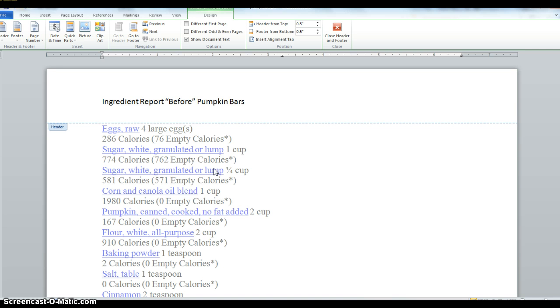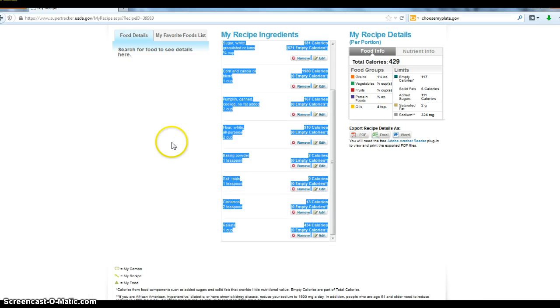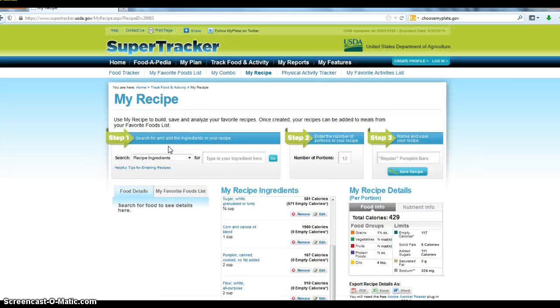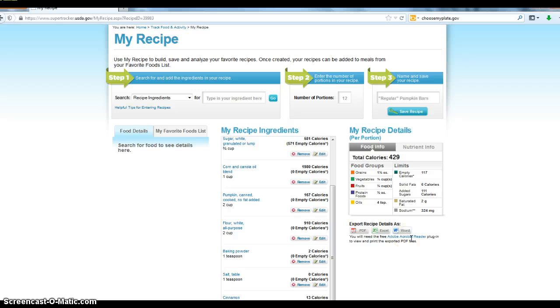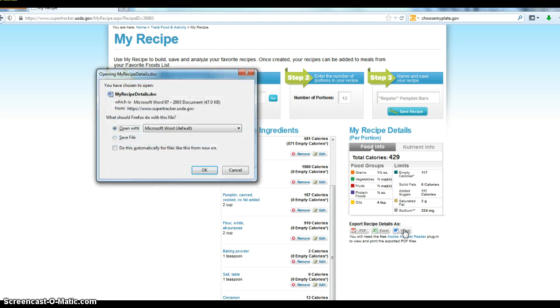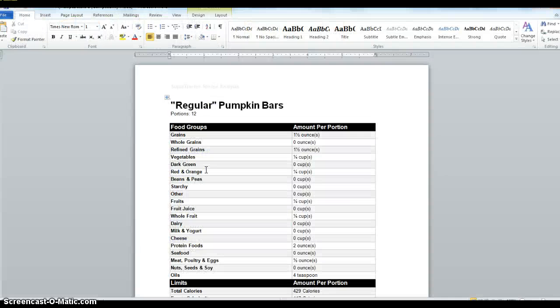Okay, so that's report number 1. The second report that you're going to turn in is the actual nutrient intake. It's called the recipe details report. That's what I highlighted for you earlier. It's what I showed you. So you're going to dump it to a Microsoft Word document. You can dump it to Excel or a PDF. Dump it to a Microsoft Word document. Click OK. And there's that report. So we verify